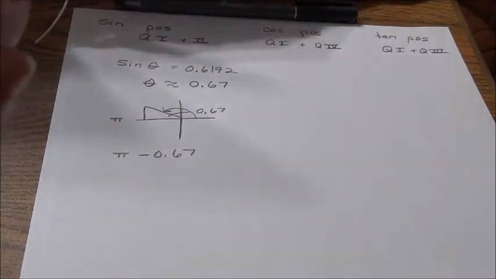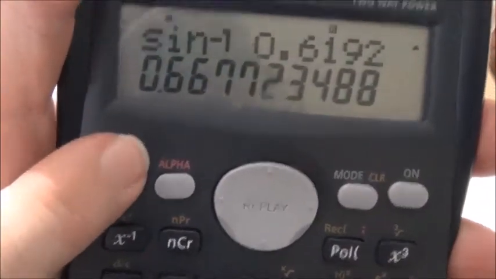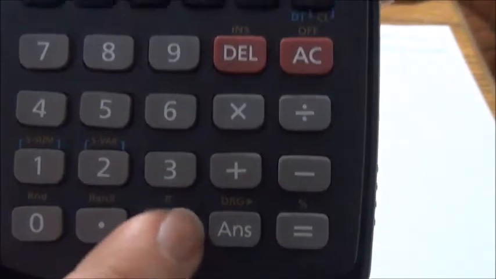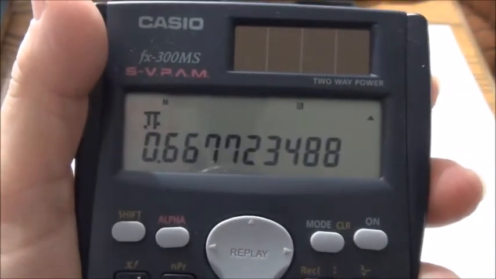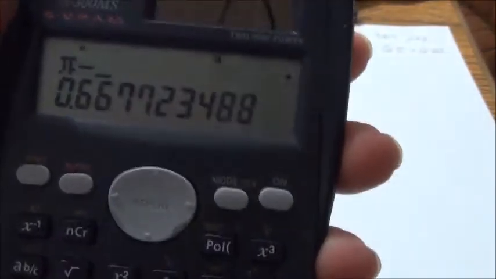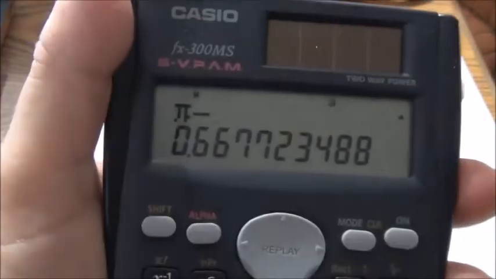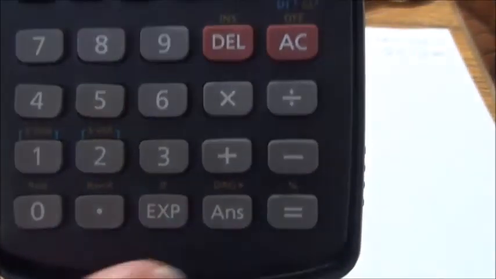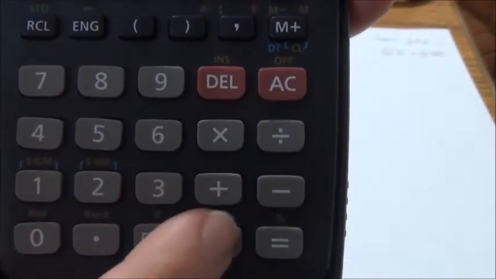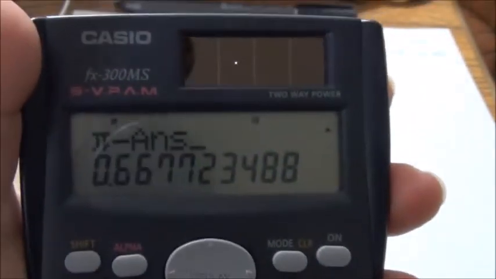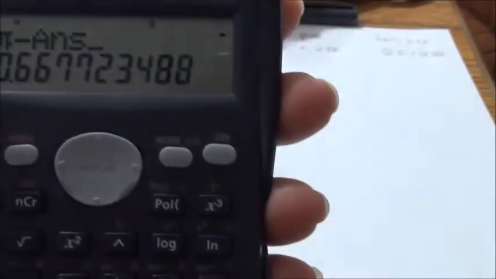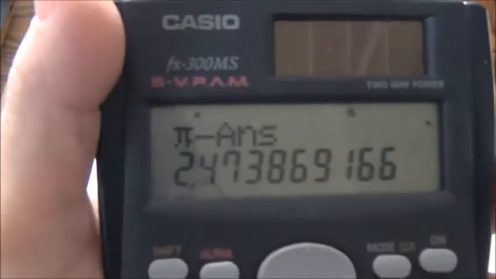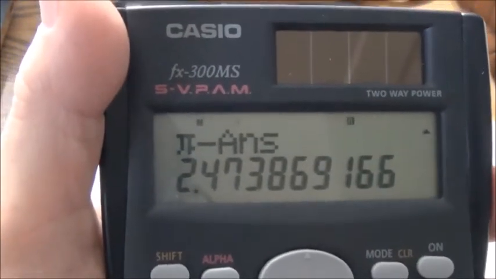Again, on my calculator, I do have the pi button, which is right above the EXP. So I am going to hit shift and then EXP, and it's going to put pi, and then I'm going to minus, and I could just type in 0.67, or notice you have that answer button down there. You could hit pi minus the answer. Pi minus the answer, if I take that and I round that off, I'm going to have 2.47 for my